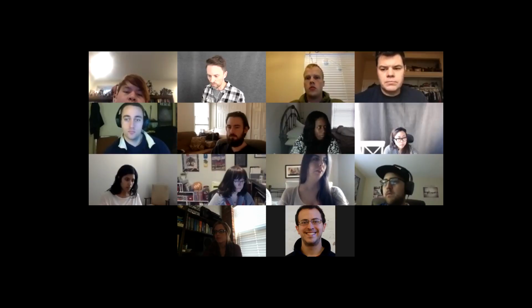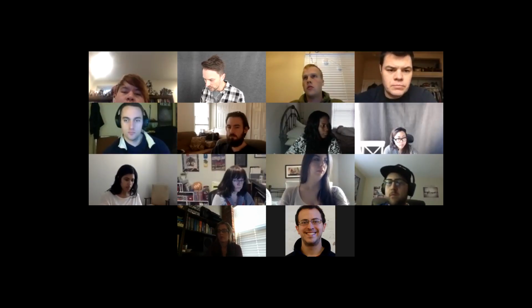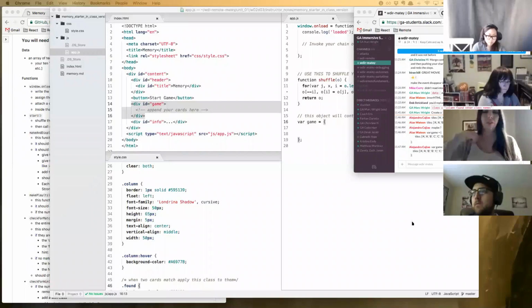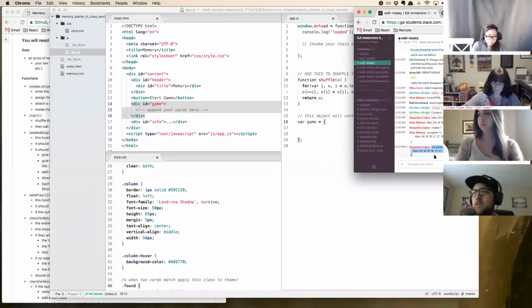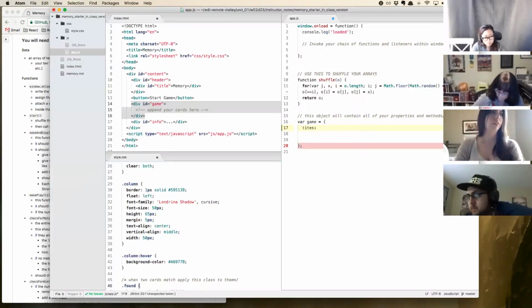Very cool. Let me share my screen and let me pop that into my code base. And I'll share all my finished code before I put you into breakouts, just in case anyone's missing it. So this looks really good. Essentially what we want to do is add all of this new stuff into our game object. So we're going to create a property called tiles, and that's going to be an array of